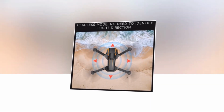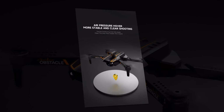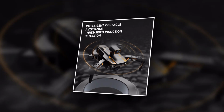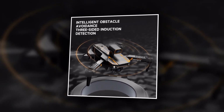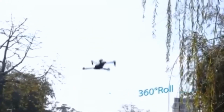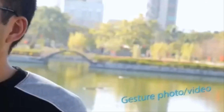Need to switch gears quickly? The S91 offers fast and slow gear modes, so you can adjust your speed on the fly. Plus, with its one-key return feature, the S91 will automatically fly back to its takeoff location at the touch of a button. And if you're looking for some fast-paced action, the S91's fast rotation feature allows you to perform quick